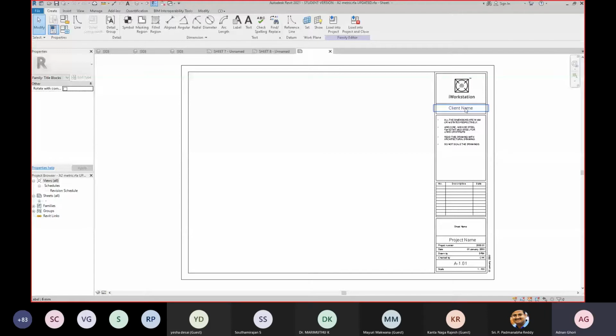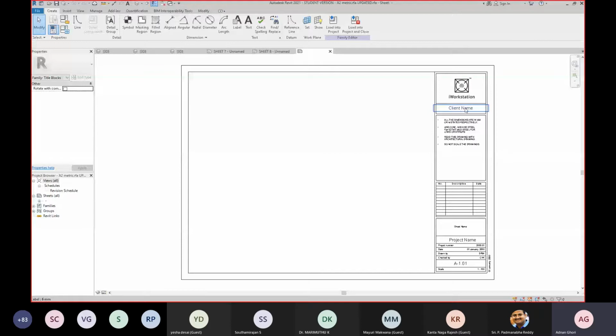Click on it. You can see here that this is a structure, right? And if I open it, you can see that these are the plans.